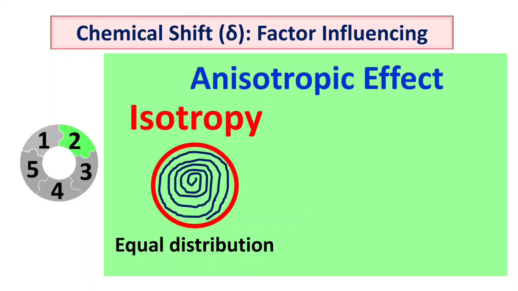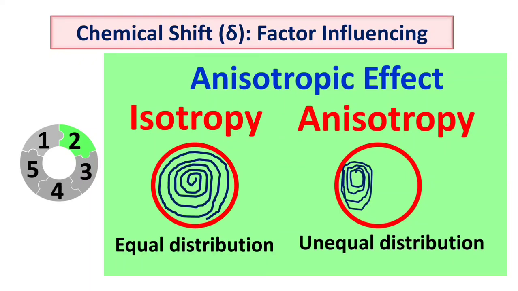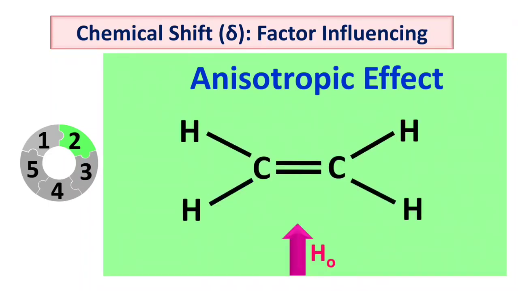If you are discussing any effect, and you apply the external magnetic field and the effect is uniform throughout the molecule with equal distribution, that is called an isotropic effect. On the other hand, if the developed effect is not uniform and not equally distributed, that is termed an anisotropic effect. So now consider the ethene molecule, which we are trying to investigate by H1 NMR